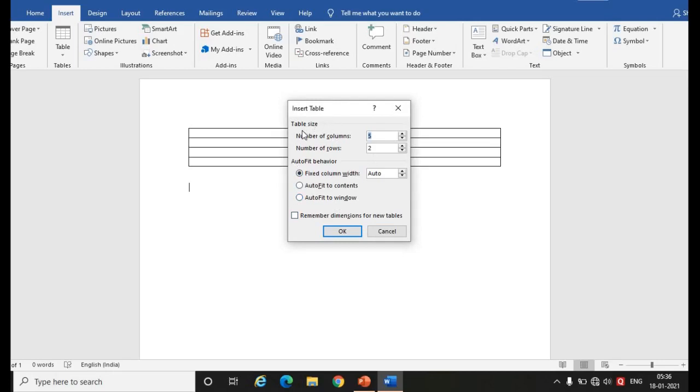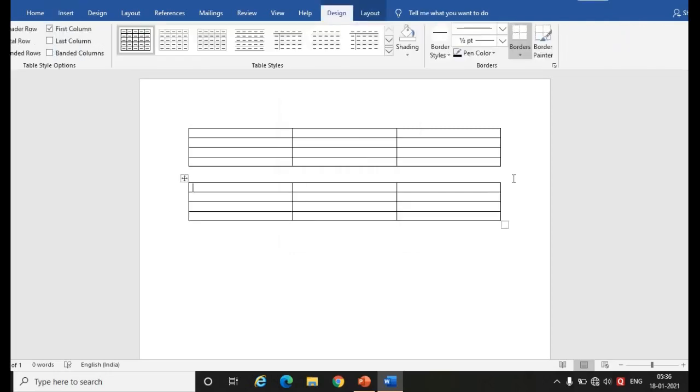In that dialog box, you are asked to fill the table size, that is, the number of columns and the number of rows you want. Suppose I want 3 columns and 4 rows, and say Enter. Here my table has been filled.